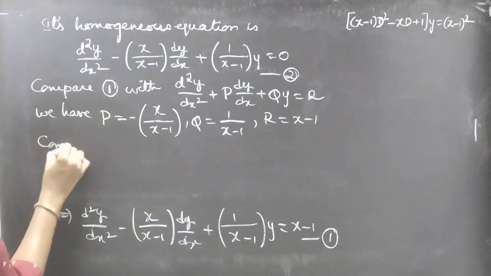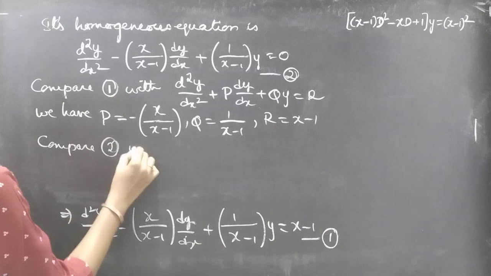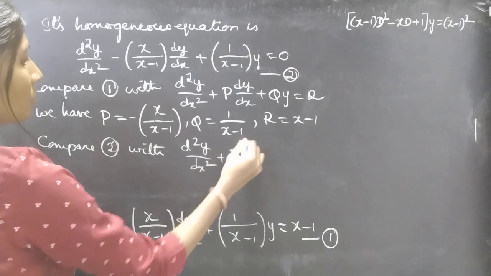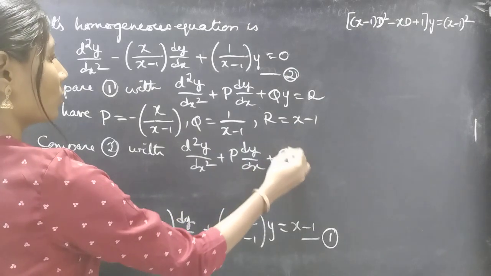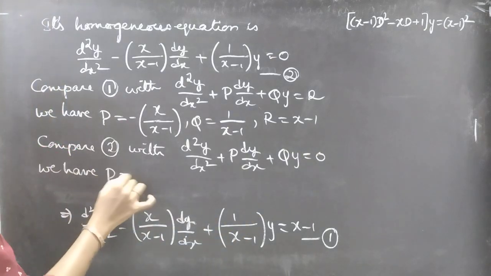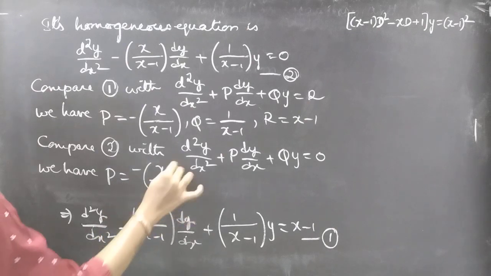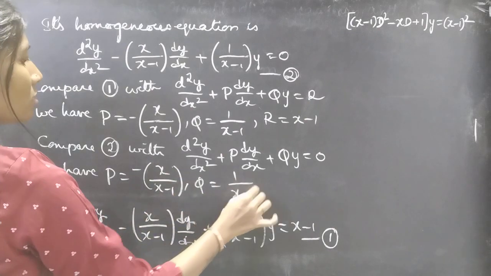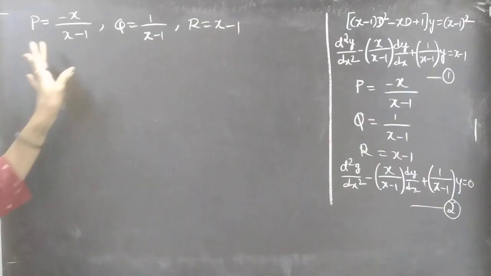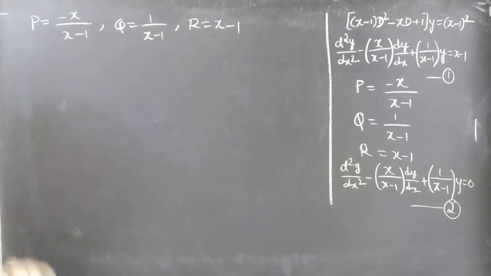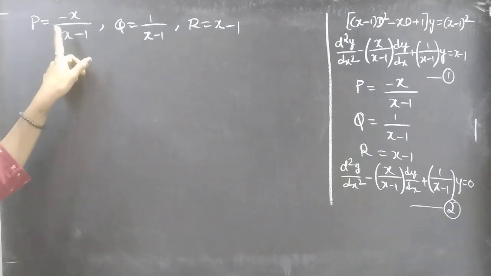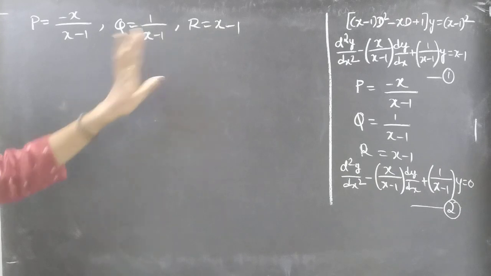Or if you compare 2 with d squared y by dx squared plus p into dy by dx plus q into y equal to 0, you'll get p and q: p equal to minus x by (x minus 1), q equal to 1 by (x minus 1), right? So we have p equal to minus x by (x minus 1), q equal to 1 by (x minus 1) and r equal to x minus 1. Just compare p and q. In p you have minus x by (x minus 1) and q equal to 1 by (x minus 1),